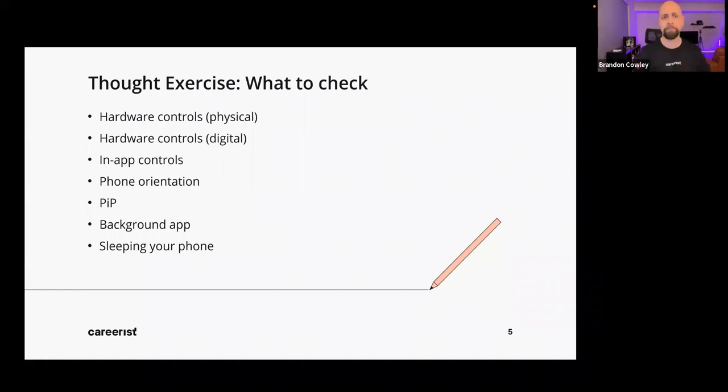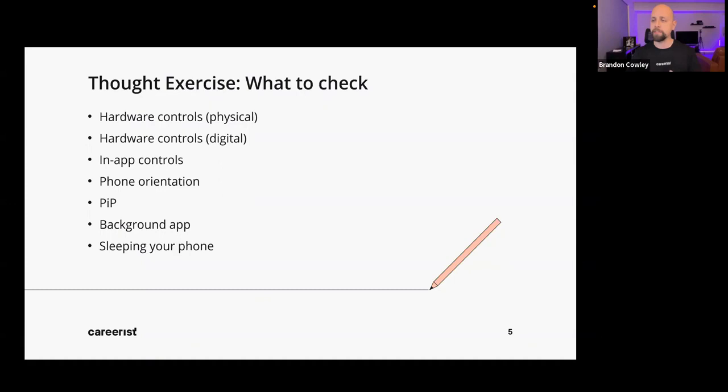Hardware controls. So physical hardware controls. This does include the power button. This includes the rocker button. That's pretty much what you have for your physical hardware controls. I wouldn't, but one could say, well, touchscreen is hardware because the touchscreen itself is hardware. It's glass and it has that conductivity, blah, blah, blah. I would consider that to be more within the in-app controls, like touching the screen and hitting the buttons. There's a debate somewhere out there on the internet. But hardware controls physical and hardware controls digital.